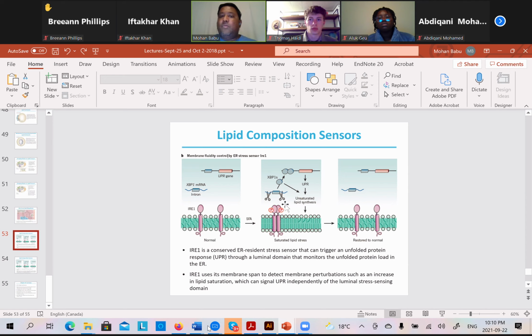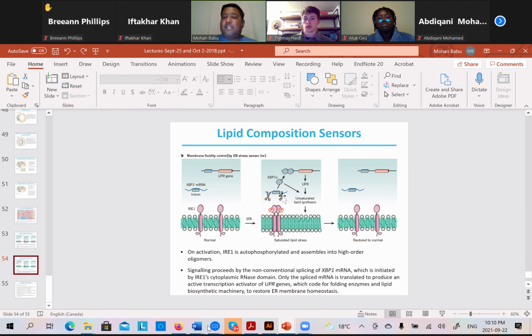Why does it splice? Because XBP1 is a major player in unsaturated lipid synthesis. XBP1 has to be maintained properly, because anything with more saturation leads to XBP1, because XBP1 plays a major role with the saturation here, and that might lead to the perturbations. So the first job for IRE1 is to splice that XBP1,